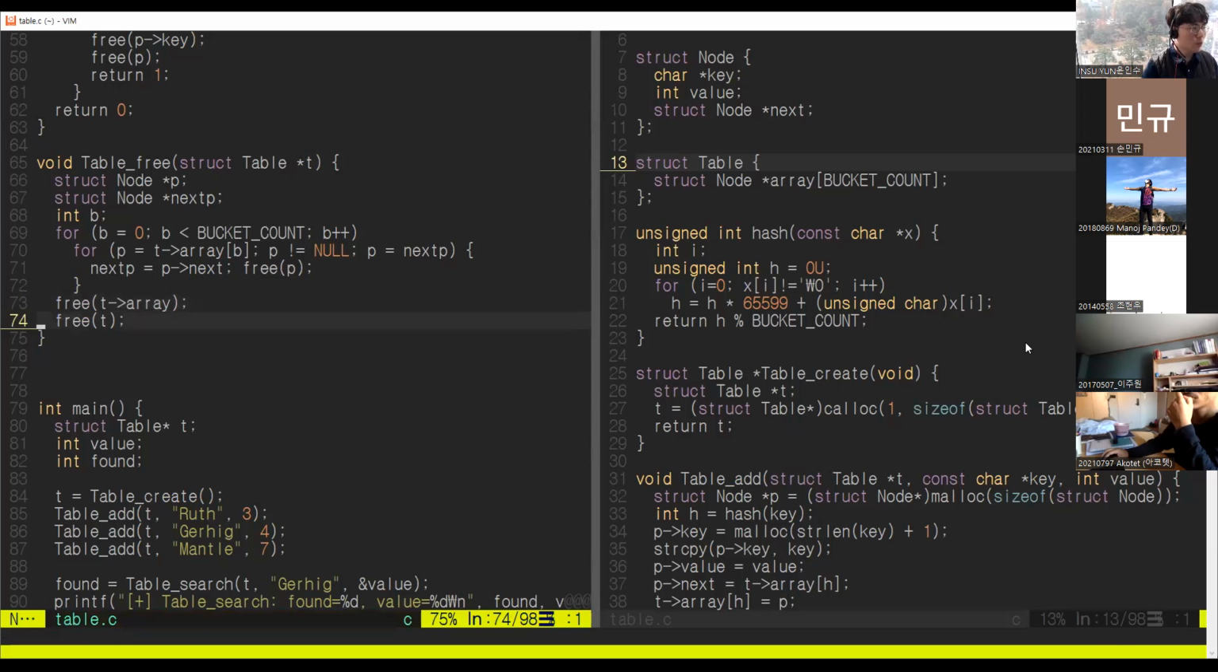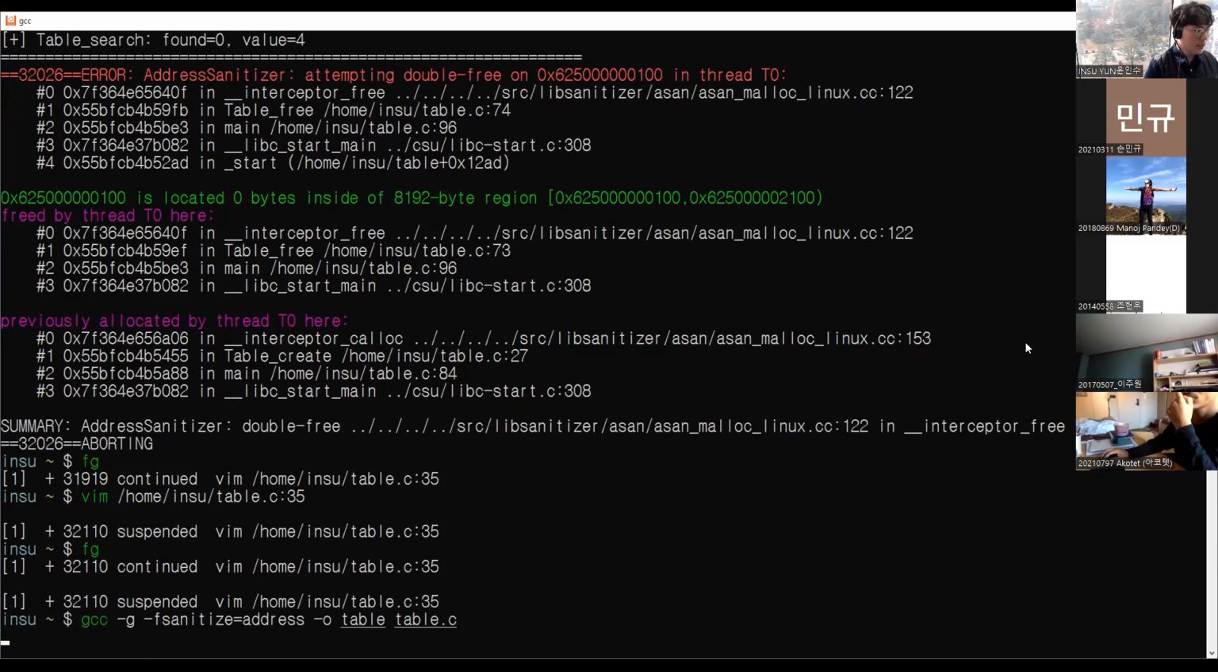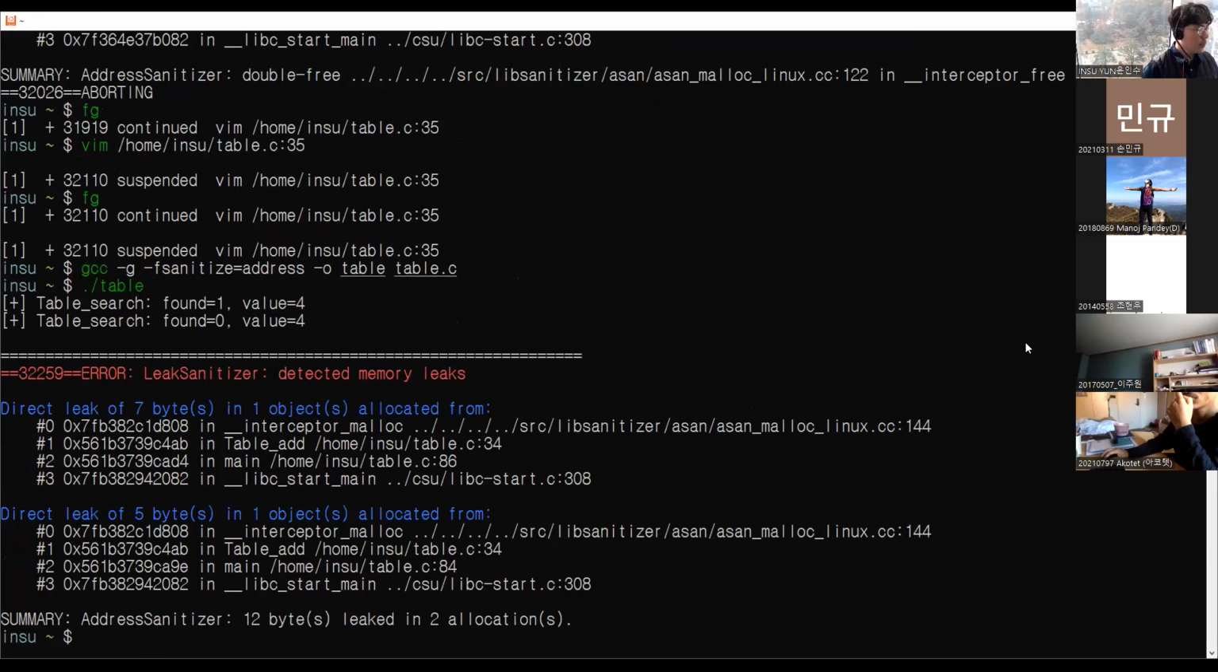So that's the reason why address sanitizer thinks you free the same memory twice, because T array and T point to the same address. So here what we need is that we should not free the T array. T array is the element of the T, so it will be freed if we try to free the T. So we should remove this line. Okay, good. So finally, our program works,